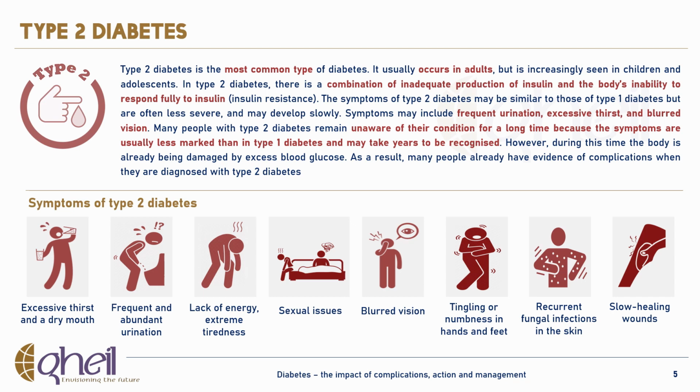Beyond the control of raised glucose levels, it is vital to manage blood pressure and blood lipid levels, and to assess metabolic control on a regular basis, at least annually. This will enable screening for the development of renal complications, retinopathy, neuropathy, peripheral arterial disease, and foot ulceration. With regular checkups and effective lifestyle management and medication as needed, people with type 2 diabetes can lead long and healthy lives.